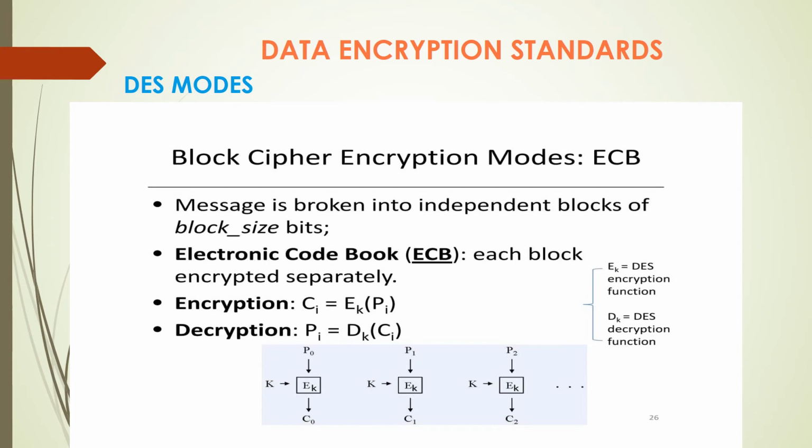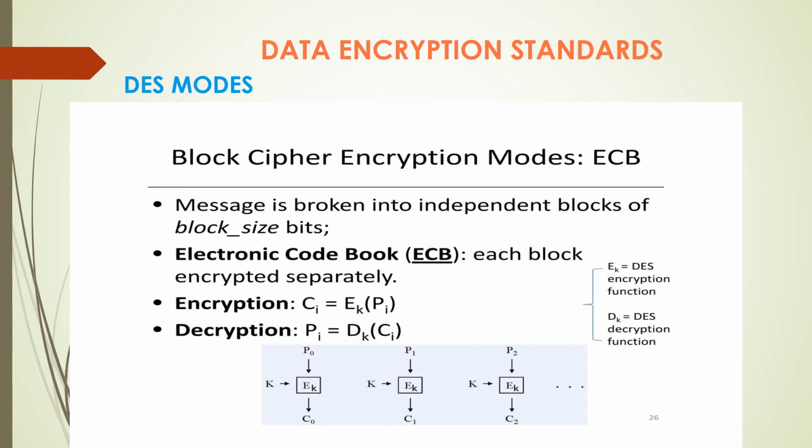Now we will see how the encryption takes place. Plain text block 1 will be given as input to the encryption algorithm. For encryption we have to use the key. Here K is the key used for encryption. The output will be ciphertext block 1. Next, plain text block 2 will be given as input to the encryption algorithm. Here also we have to use the key. The output will be ciphertext block 2. So this will happen for all the blocks.